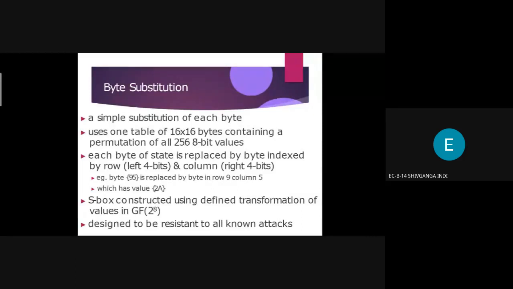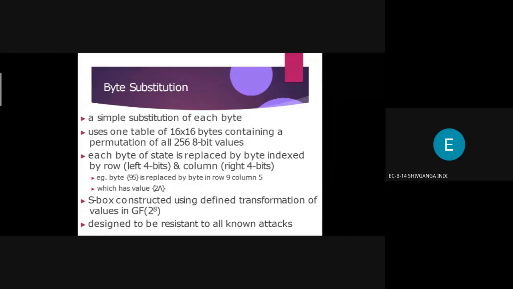If we compare our AES algorithm with DES, the DES algorithm only consists of 16 rounds, and if we take the triple DES algorithm, it consists of only 48 rounds. So the number of rounds is fixed in DES.